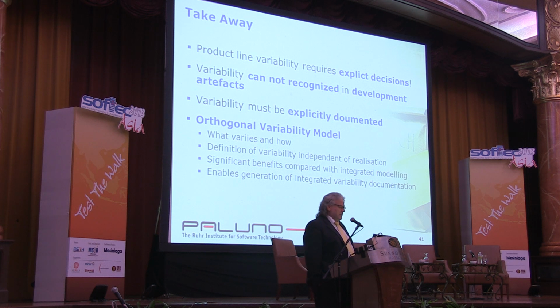Just a very small example. The key difference between normal testing and product line testing is that if you exclude a variant, you have to make sure that this variant which you exclude in your current product has no side effect on any other function. So that there is nothing implemented in this variant which has a side effect on the other functions you have in the product. So in principle, you have to test all the products again and again and again. There are some more clever approaches, but it's not just that you leave something out. What you can leave out can have side effects on the other things. And managing the side effects in testing is not really that easy.